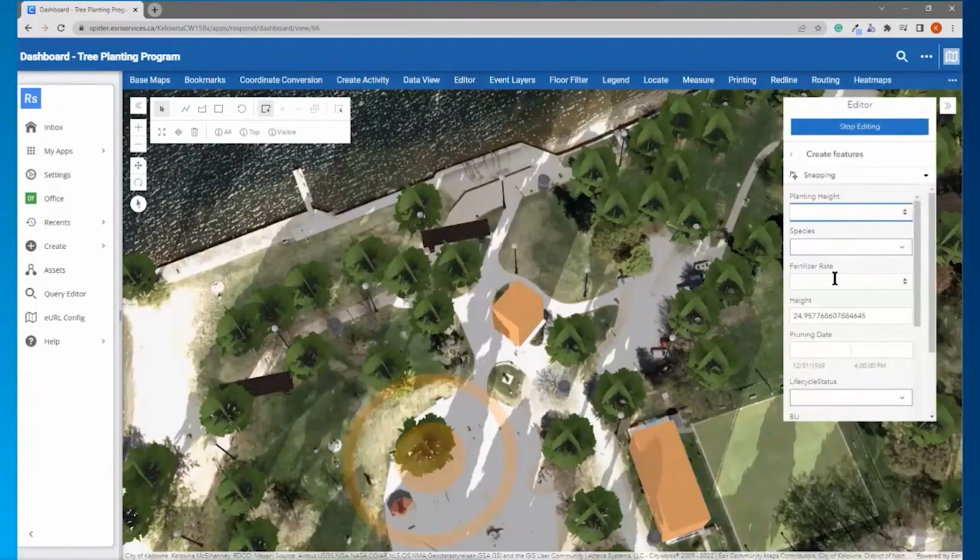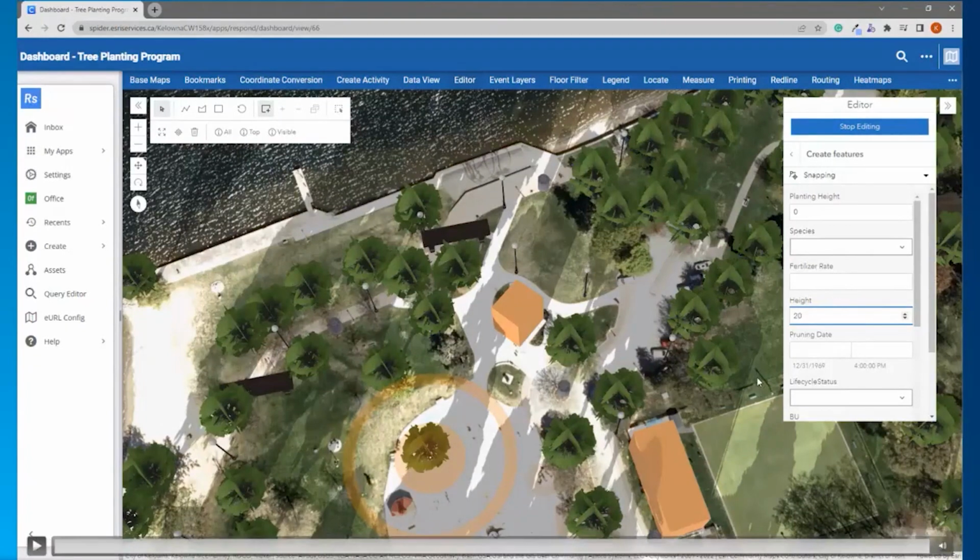I can input the planting height or species or really populate any attributes that I want. This can be configured for what fields you want to show as well before bringing it in here. And that's all I have for these 3D overview tools. Next, I'm going to pass it on to Jess, who's just going to go over the Cityworks